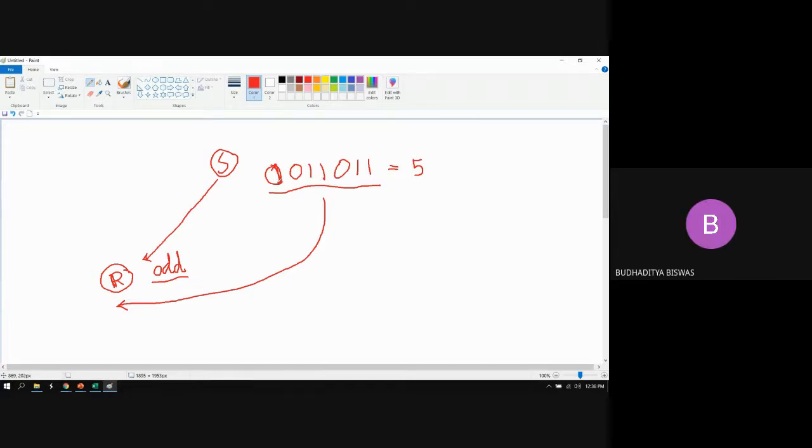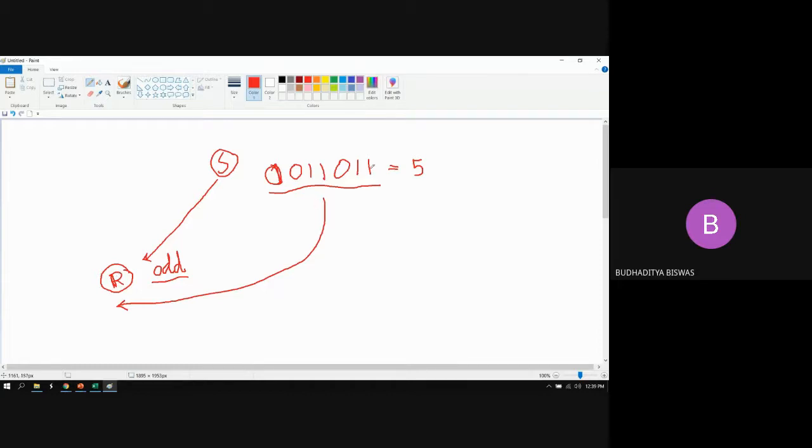They will change from either 1 to 0 or 0 to 1. From one level to another level, only two levels are there, 0 or 1. So 0 may be changed to 1, 1 may be changed to 0 due to some accident inside the transmission channel. If the first one becomes 0, then the total number of 1 becomes 4, and 4 is an even number. So that can be easily detected by the receiving end station that something happened during the transmission, and that the data is not what was sent by the sending end station.